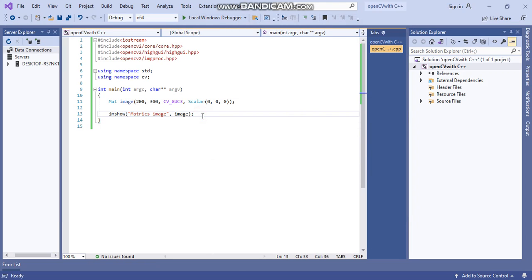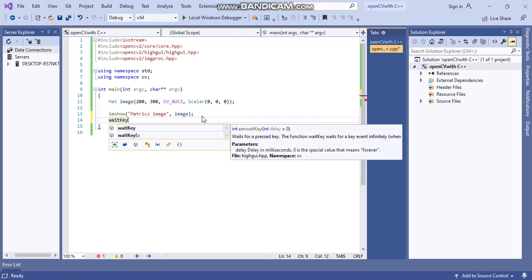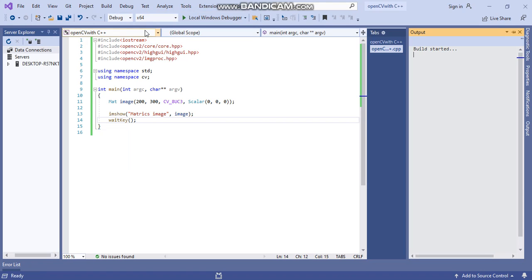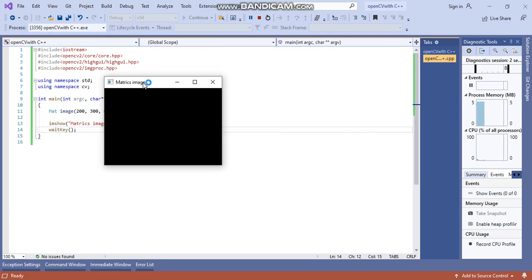So to view it properly, you need to write waitKey, and then semicolon, save it. Once again try to show this. So now you will be able to observe it properly. See, matrix image.